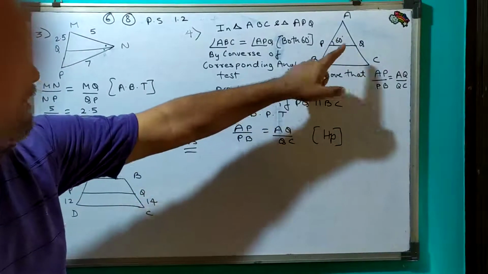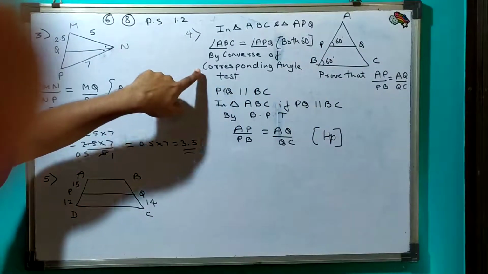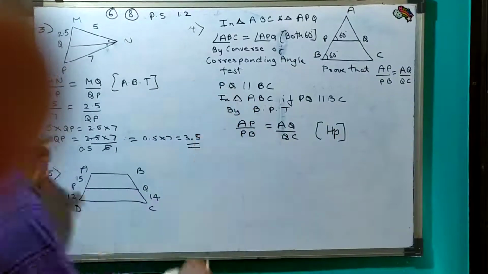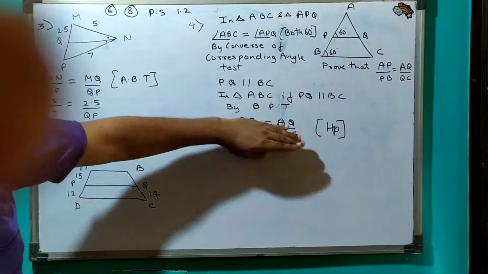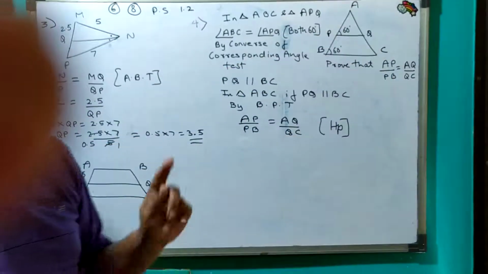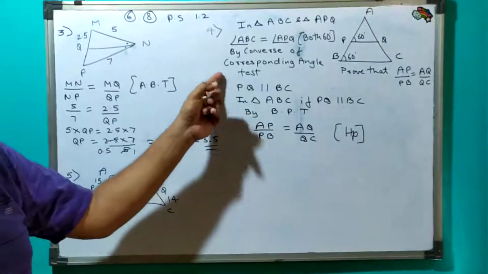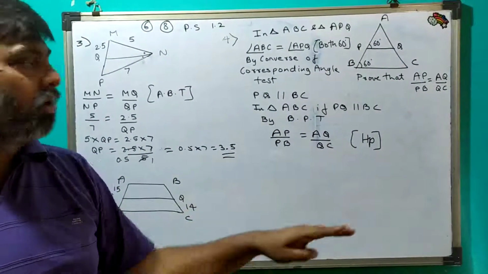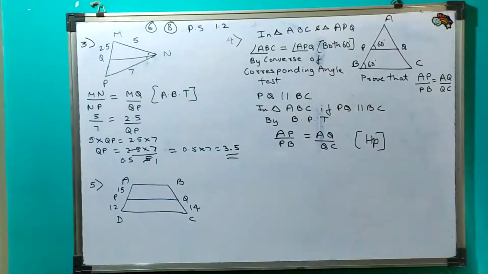For that, first the angles, and by converse of corresponding angle test, we will get this as parallel. And then we can prove the lines as parallel, similarly so on. So it is basically easier, but concepts should be clear. We can clearly state that over here 9th standard concepts have to be very clear. 9th standard concepts. So we need to again revise it.